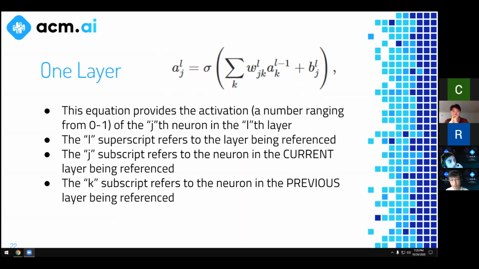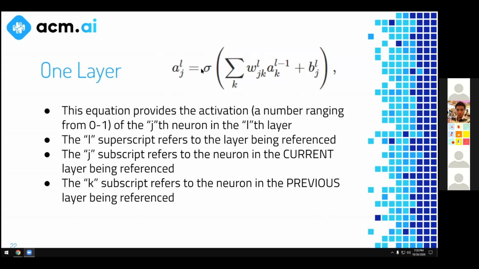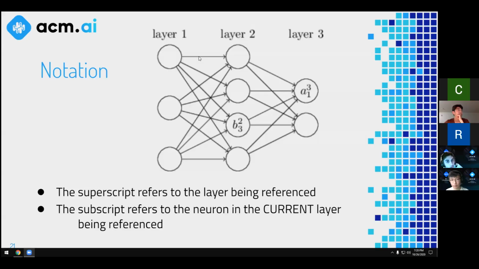Your inputs between 0 and 255 are going to be one of these values, this A^(L-1). You multiply it by the weight vector, represented by these lines once again, and then you add your bias. Then you throw all of that through the sigmoid, and that sigmoid compresses it down to between 0 and 1. So your inputs aren't necessarily between 0 and 1. Your inputs can be in a different range. It's just that everything after the input has to be between 0 and 1.